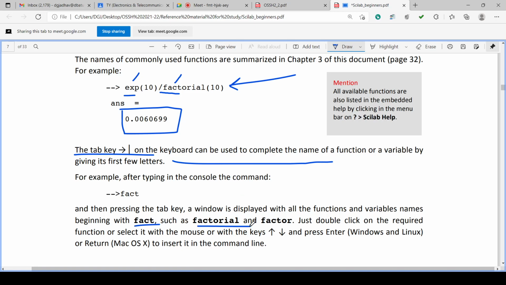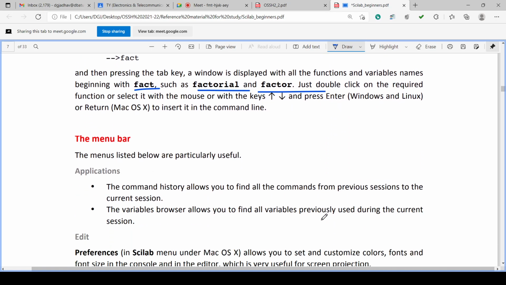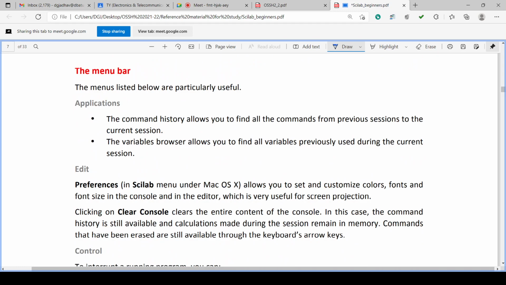Suppose fact is there, factorial is there, factor is there. We have pressed the tab, and likewise it will be auto completed. If more than one is there, we can select. If a single one is there, it is auto completed.